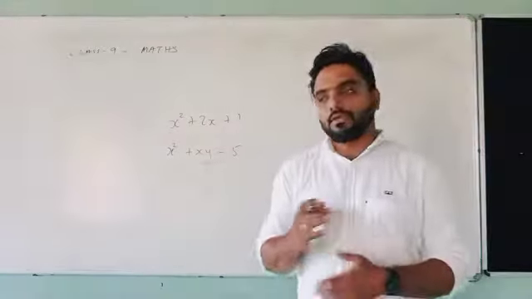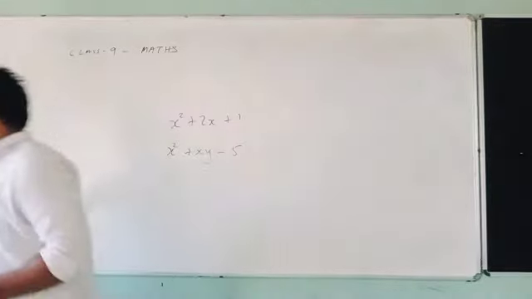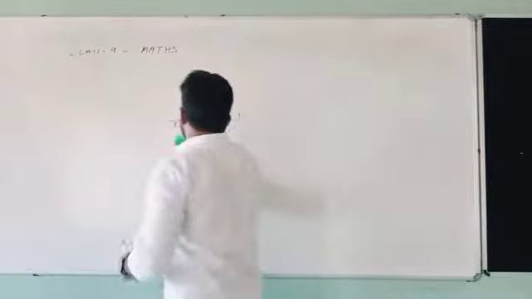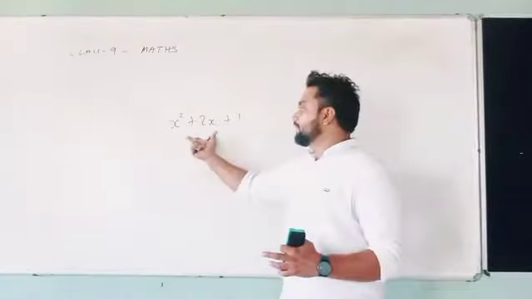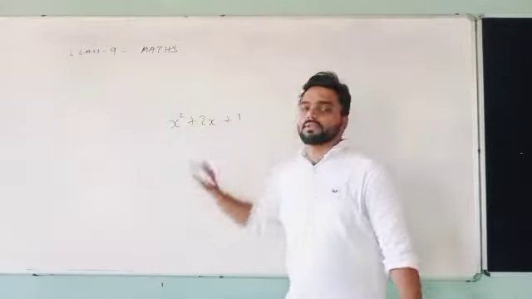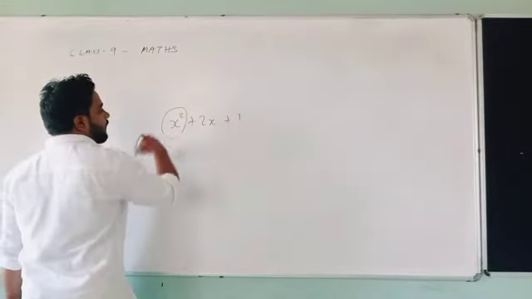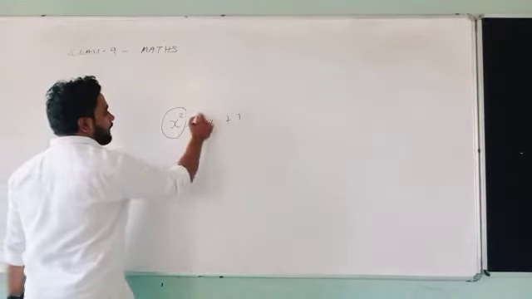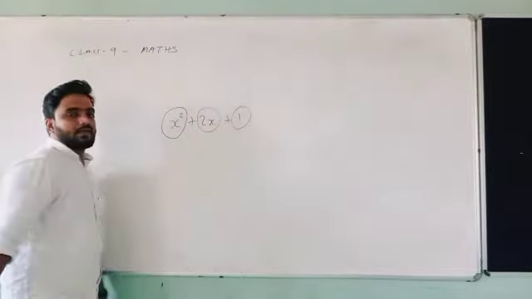Understand or not? Okay, now the next one, what do you mean by the terms? Suppose I am taking here one of the examples, the first example, x² + 2x + 1. Suppose I am taking this as a polynomial. अब यहाँ मुझे terms बतानी है. What do you mean by the terms? So here these are called terms. This is x², then 2x and 1. All these three are considered as terms.